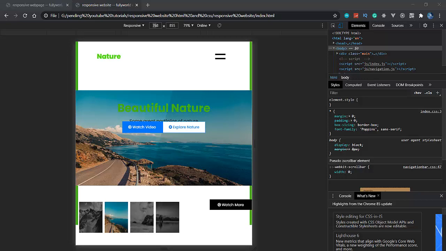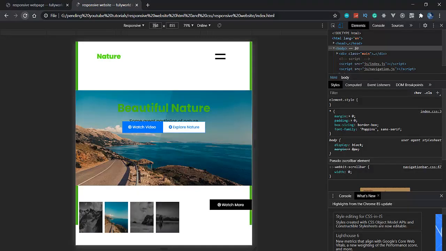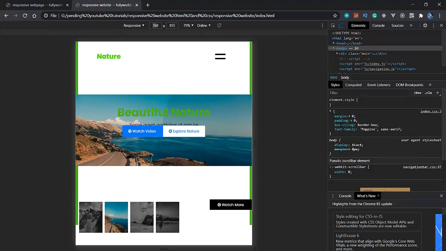So let's now change its top to 40% and this one also to 40% and change its height to 300 pixel. So when we reload this, see that wow, we are getting it very beautiful. See that now it is looking very beautiful.